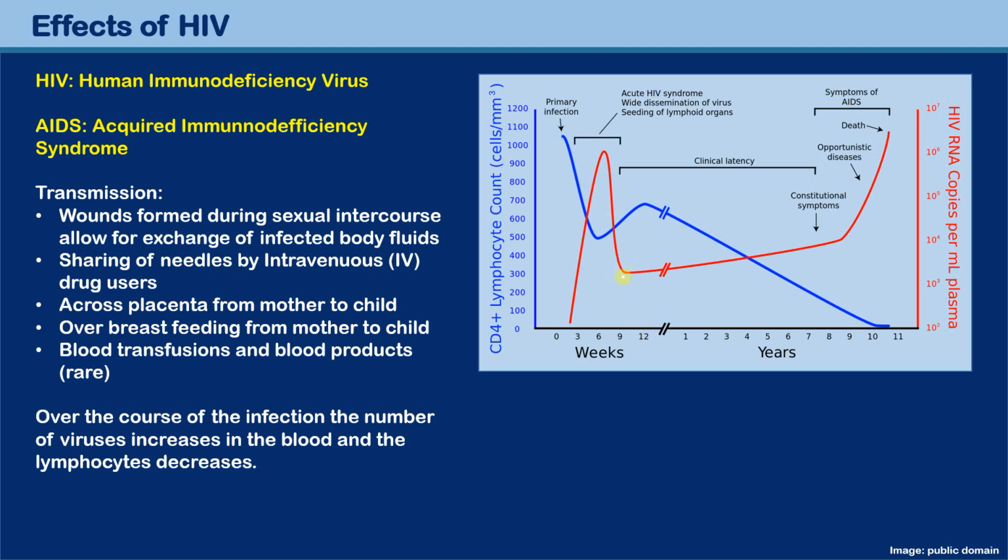You still see that over here there is still 300 cells per cubic milliliter. Not cells, I'm looking at the wrong diagram over here. It's around 1,000 RNA copies per milliliter. Okay. So that is the thing at the beginning, but this one often is without symptoms, so people don't know that